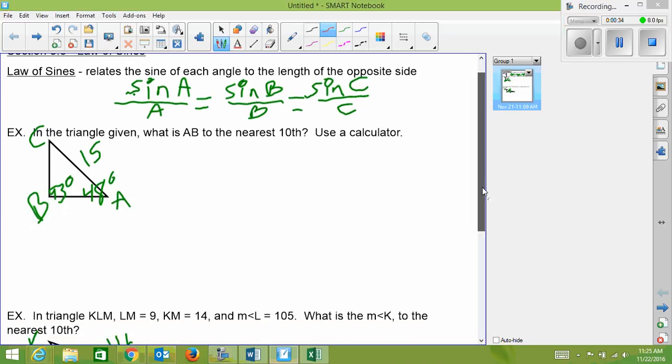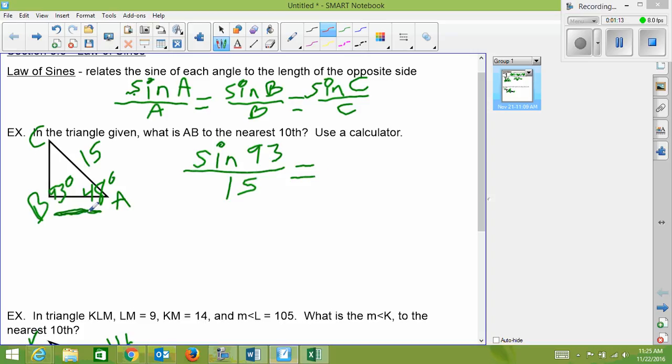It says, in the triangle given, what is AB to the nearest tenth? Obviously you're going to have to use your scientific calculator to figure this out. So if I want to figure out what AB is, I need to take the information that I do have and use it. I have 93 here, and I have the side across from it, so I can use that. I'm going to do sine of 93 degrees over 15, and that is going to equal